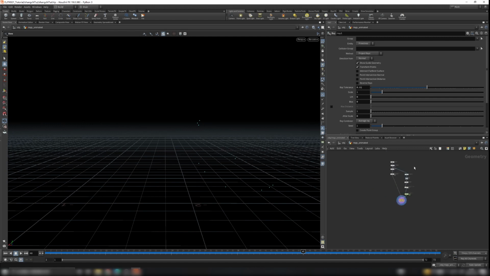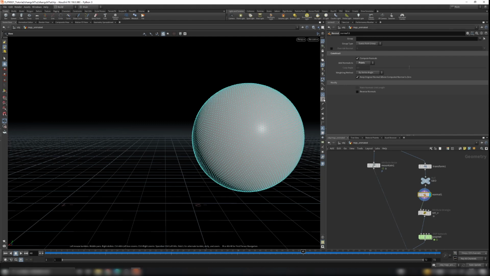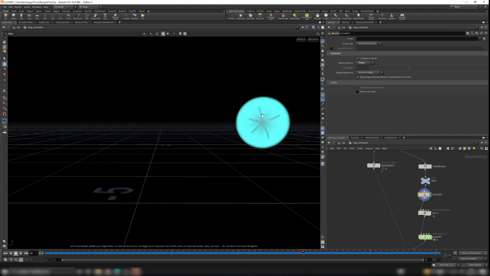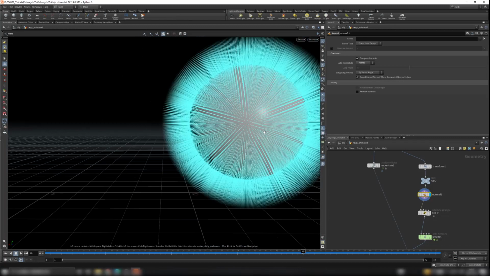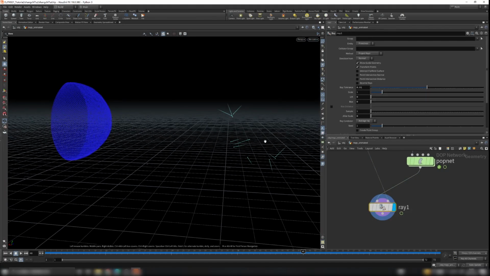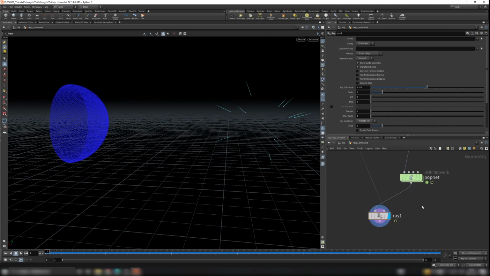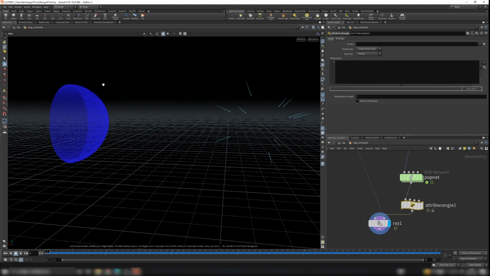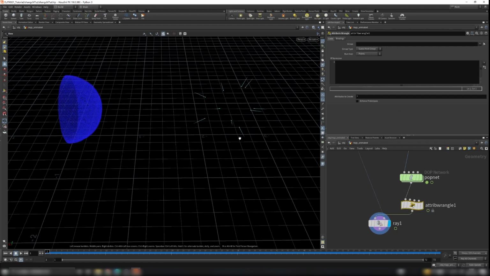So the normals, we just talked about them here. This is our normal, but we can also customize our normals. So now you can see the normal like this. These are the particle normals, and we can set our normals. So let's use another attribute wrangle here. The direction we want to ray is on the x-axis. So our normal is going to be